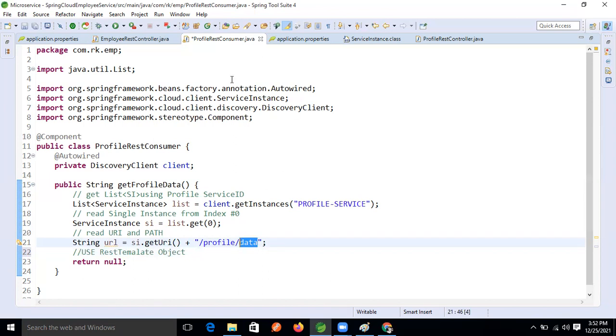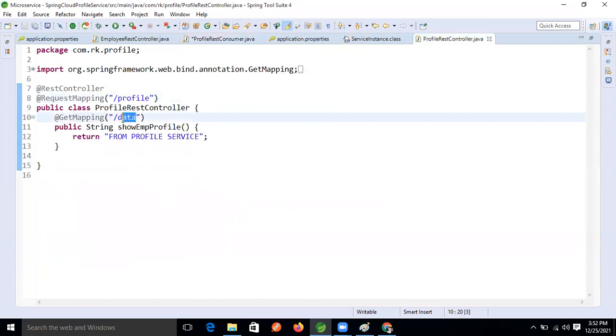If you want to change this one, then you have to go inside the method and change this one also. Profile and data is only the path of this controller. Got it, Ravi. Is anyone still having any doubt, guys? Ask me here only, then we will move on to the next level.